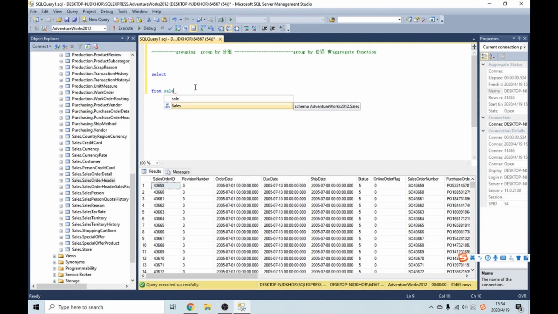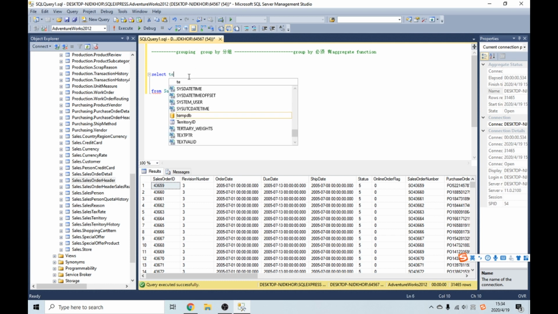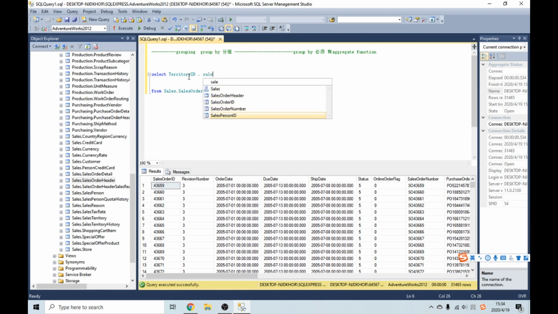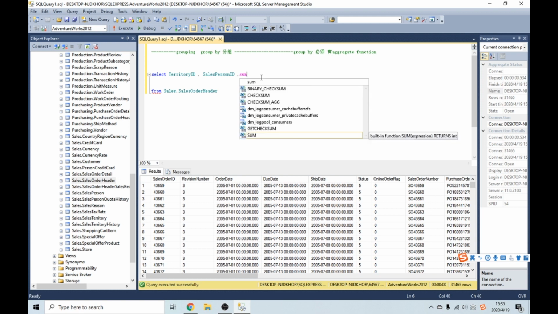这是 sales 的 order header。好，那么我们这次用的 ID 是 territory ID 和 sales 的 person ID。OK，然后呢，大家看这个 total due，sum 一下，OK，每一个按什么？按 territory 和 sales person 分组，然后我们算一下这个钱数的总和。